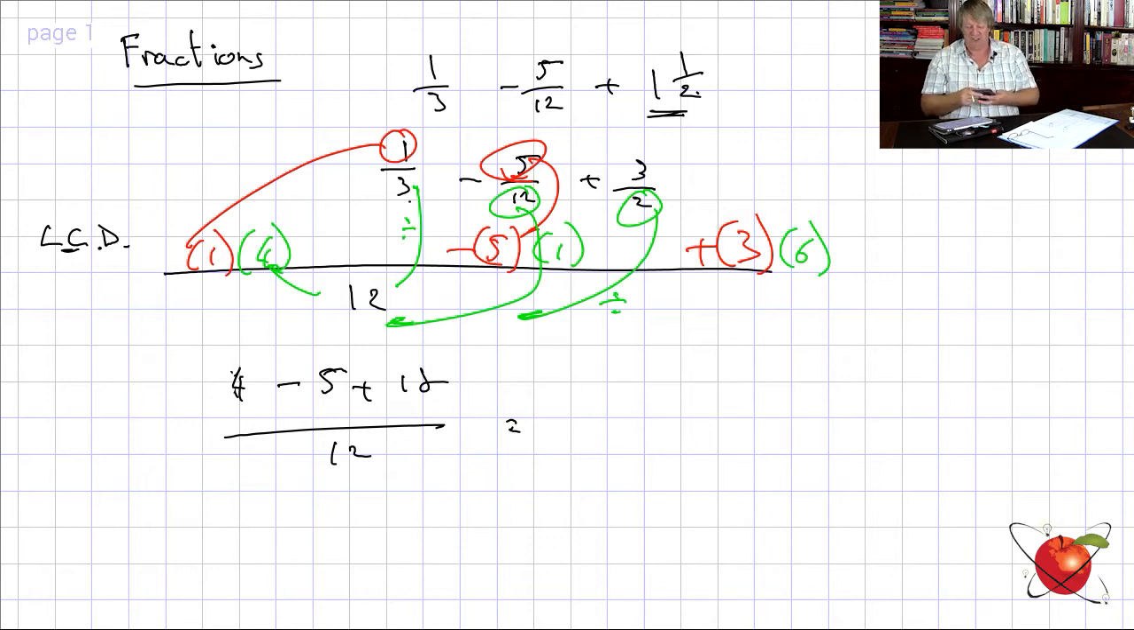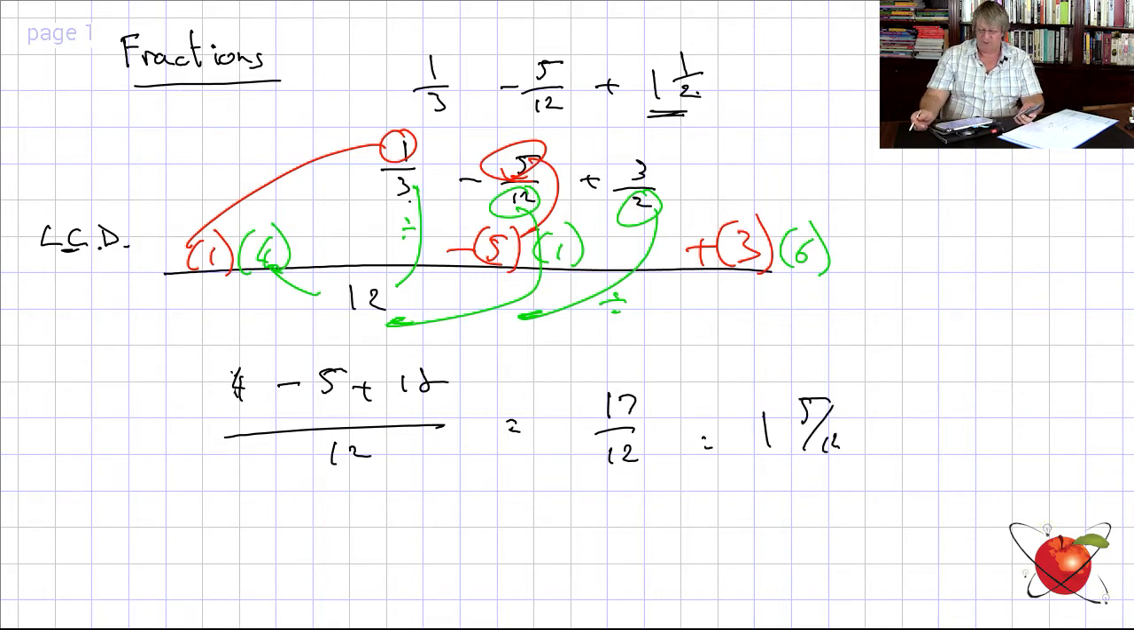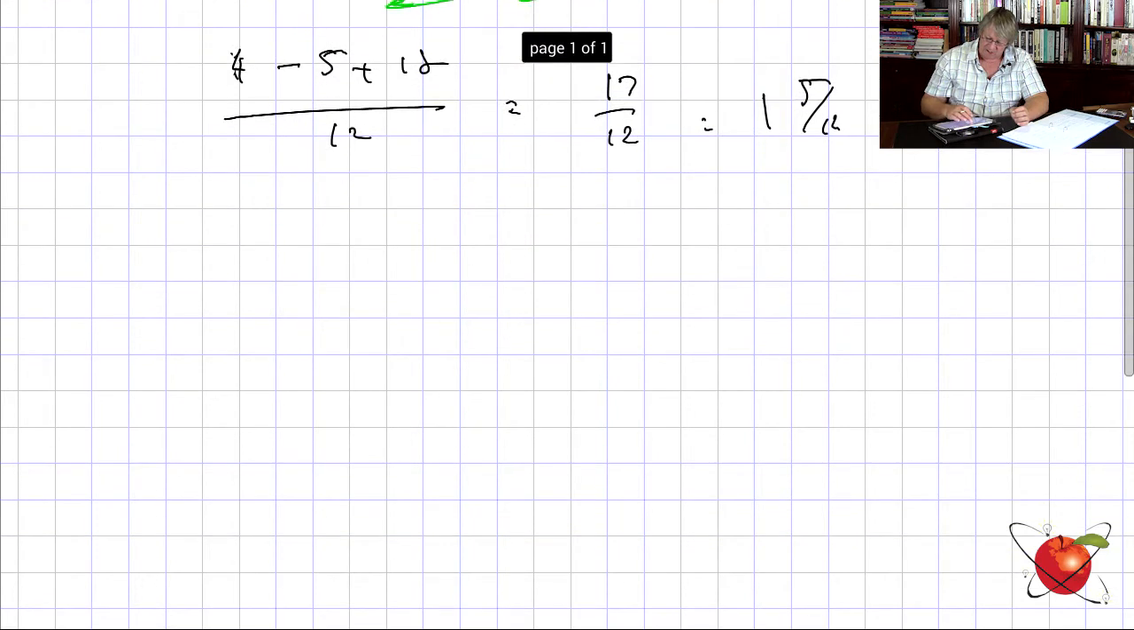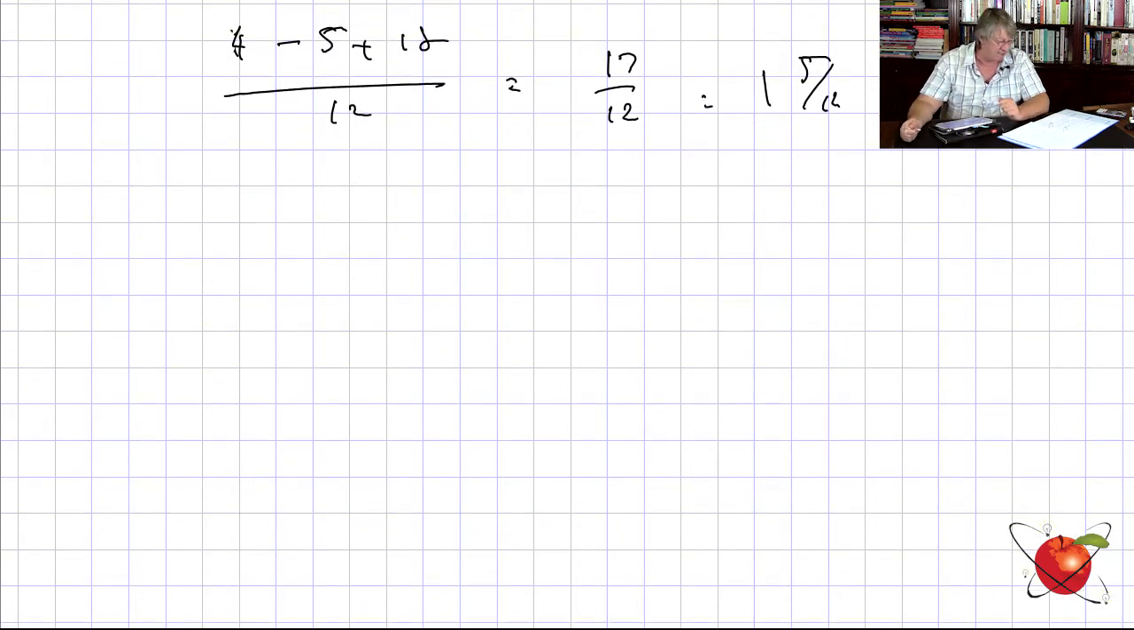If you're not comfortable, this is not about mental arithmetic. We will say 4 minus 5 plus 18 equals 17 over 12. That's going to be 1 5/12. We're going to practice more of these as we go through. Let's do an example now where we've got x's in the bottom. They say to us,